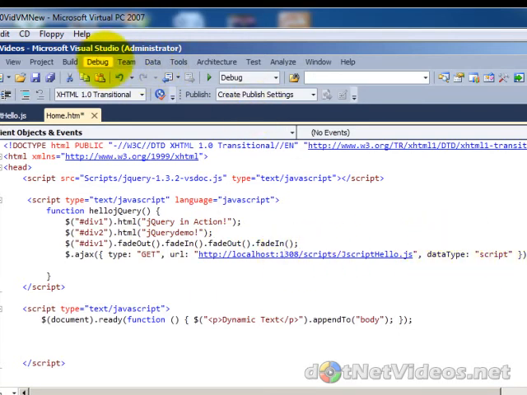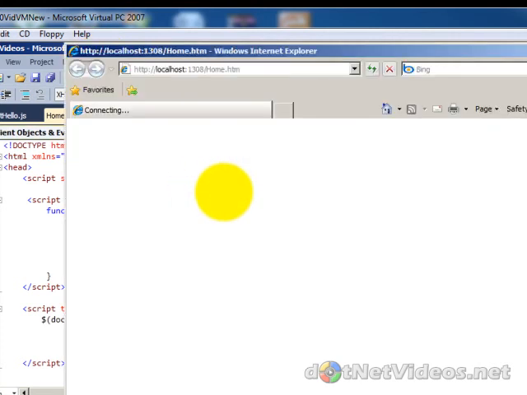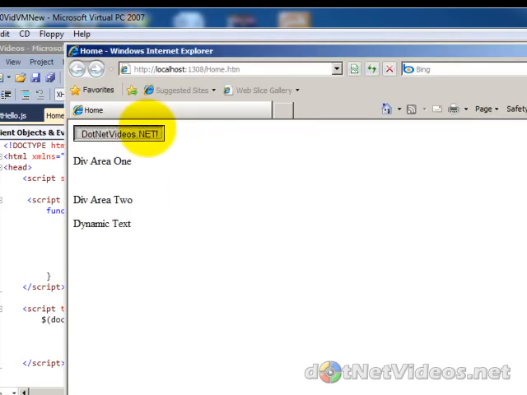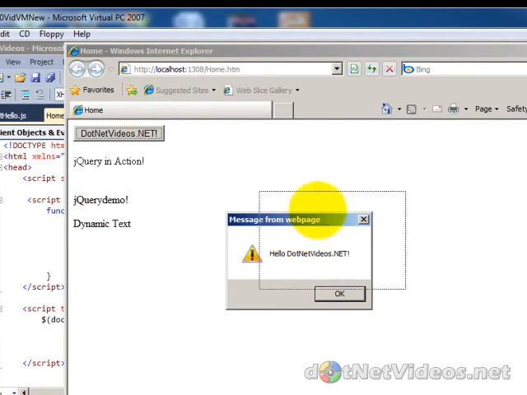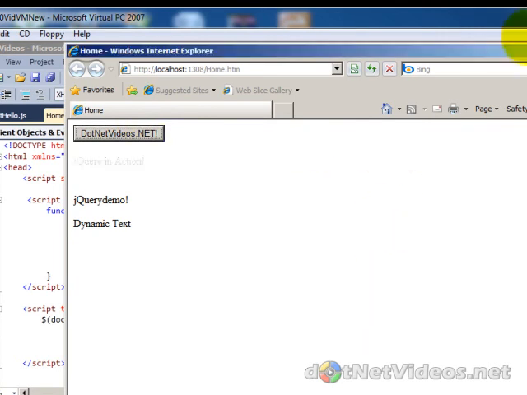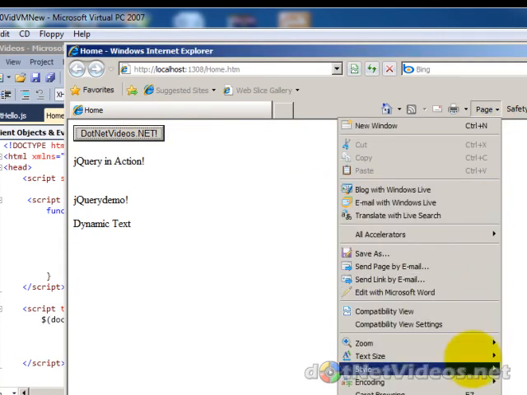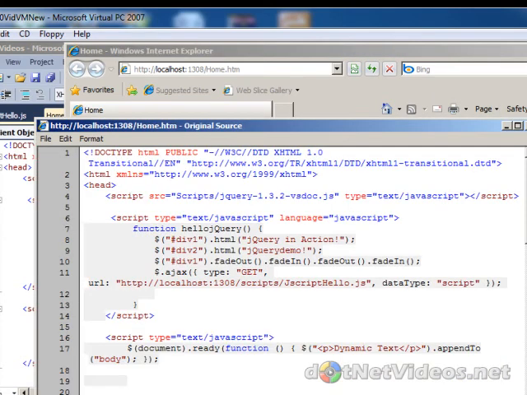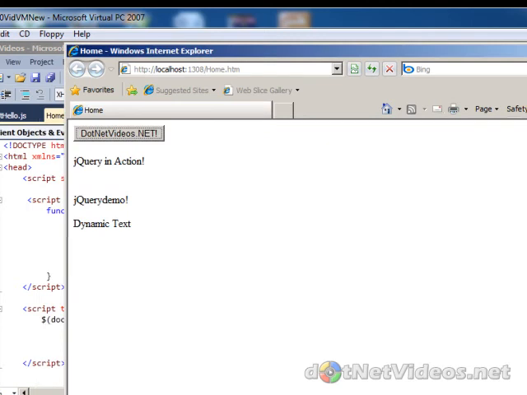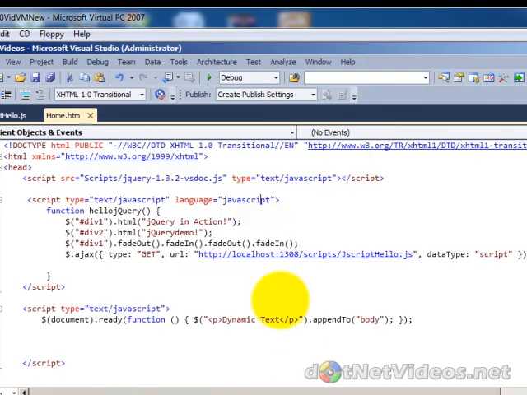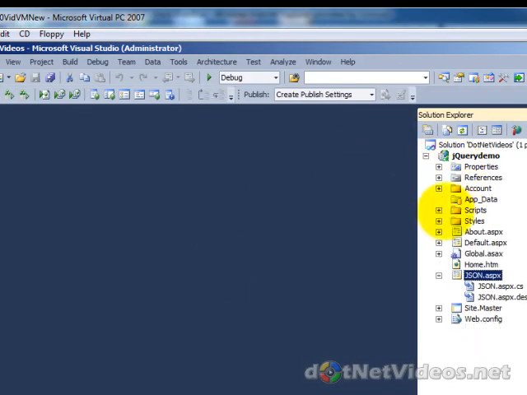We'll look at JSON here in a minute, and we can run this, and at this point it's just going to bring up that other JavaScript file and execute it, which just happens to be an alert box. So this is all very simple, very easily done via jQuery. The ability to load files. I could also be posting data to the server. $.ajax is something else you're going to need to know for the exam,